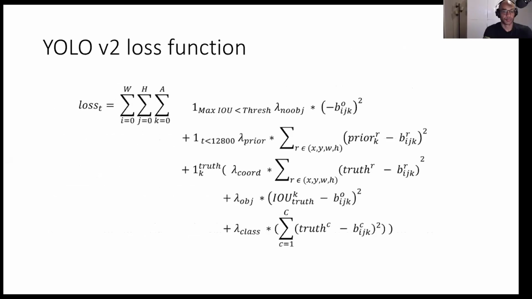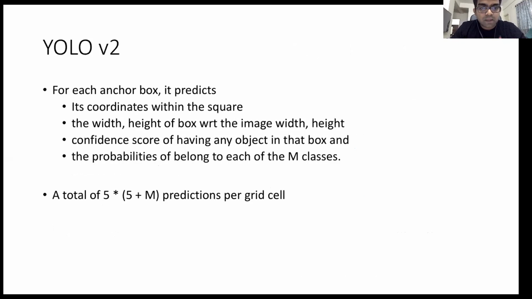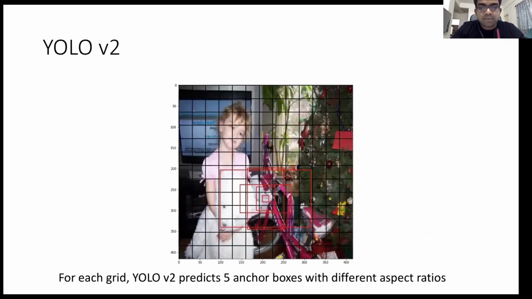Okay. And now the loss function. It looks scary maybe, but it's very simple. If you look at the example again, there are multiple bounding boxes over the entire image, and most of the bounding boxes don't contain an object. So what we need to do is reduce the confidence score of those bounding boxes where there are no objects. That is our first term in the loss function,